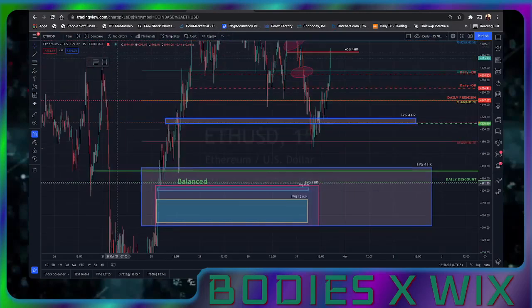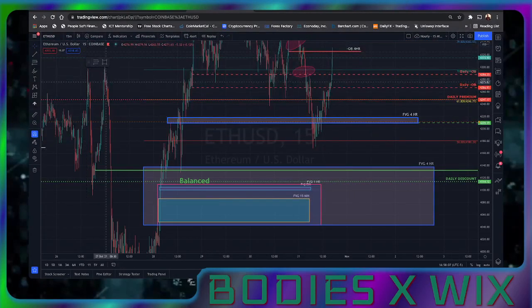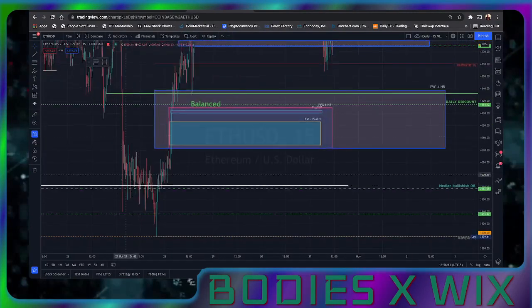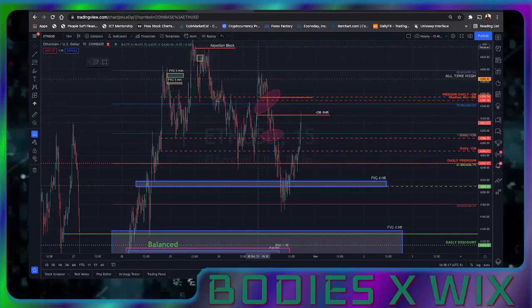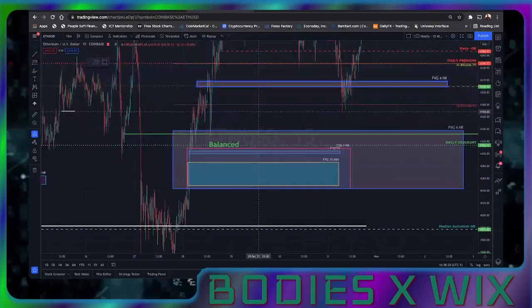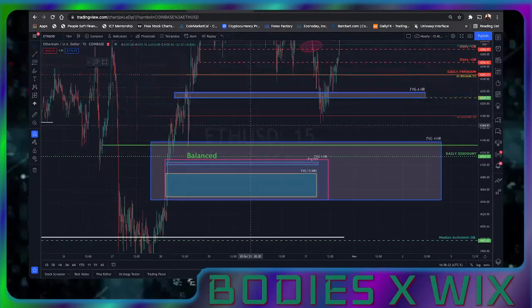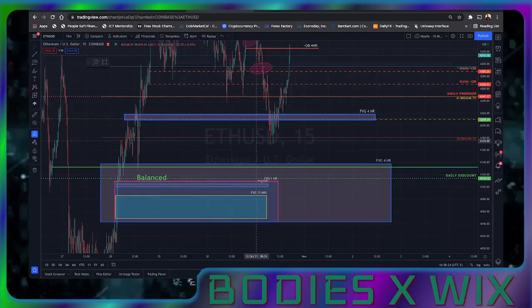But to me it seems like, since the prices were already up here, and then it just dropped down, and it kind of stayed down here for a couple hours, and then boom, it took off back up until we made the all-time high. To me, this seems like this is already balanced, right? So what I did,